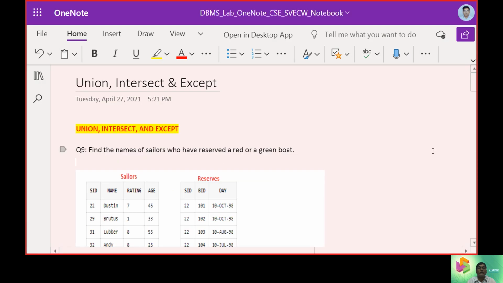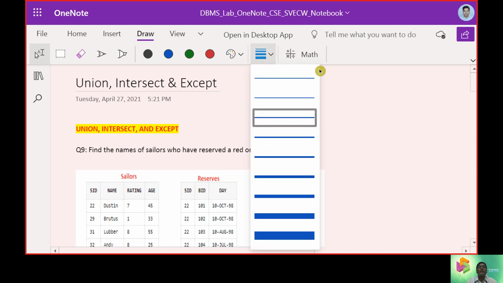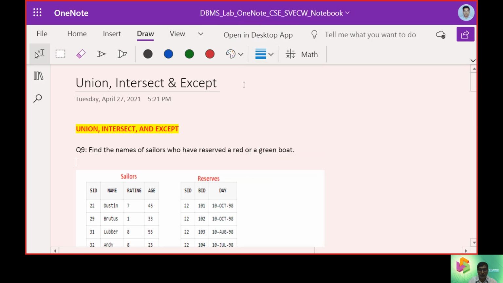Now let us start with union, then we can move on to intersection and thereby towards A minus B. When we use the union, intersection and except operations, we assume they work like set operations.